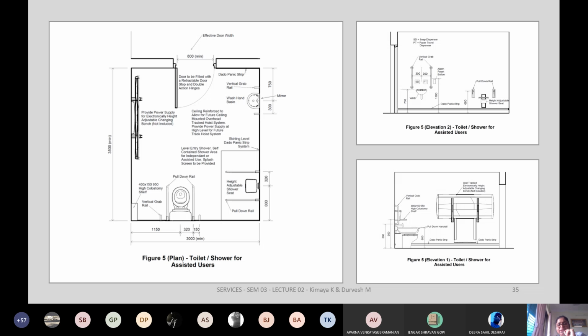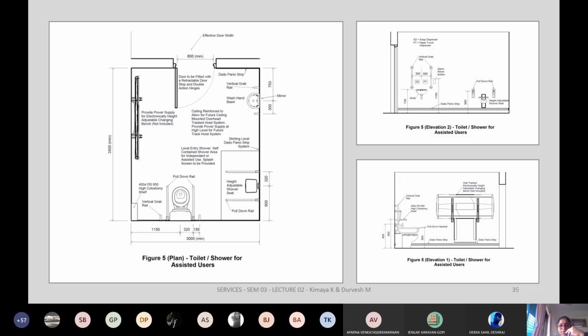Here they have a retractable bench which can be used, in case you are going for a long distance. It's dado. So you always have a skirting. Above the skirting till your beam soffit or your ceiling, that surface is called the dado. And that tiling is called the dado tiles.